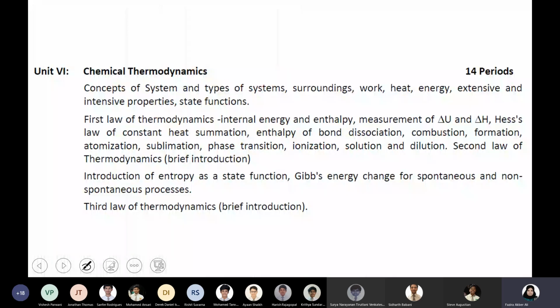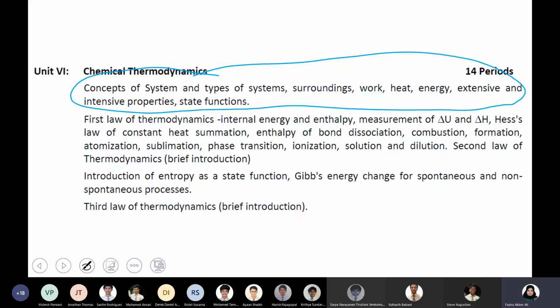Okay, so let's go to the syllabus. As per the new syllabus, we have to discuss the concept of system and surroundings. That is the first thing, that means the normal terminology. This part covers the different terms we are going to discuss in this chapter. You need to familiarize yourself with the different terminology. Then you will go for the first law of thermodynamics, the concept of enthalpy, the second law of thermodynamics, the entropy concept, and the third law of thermodynamics, and numericals associated with enthalpy, entropy, and free energy calculations will be there.